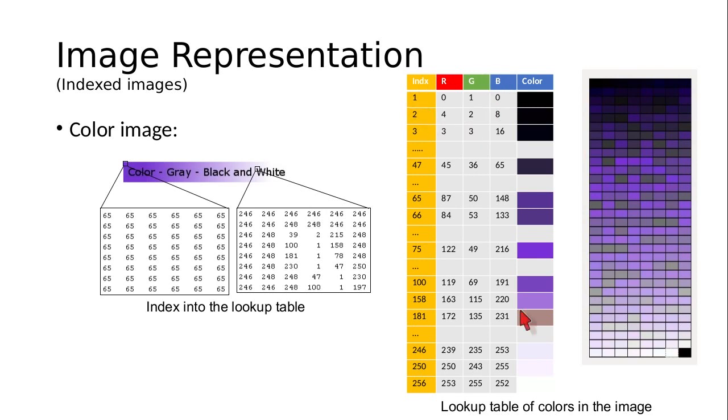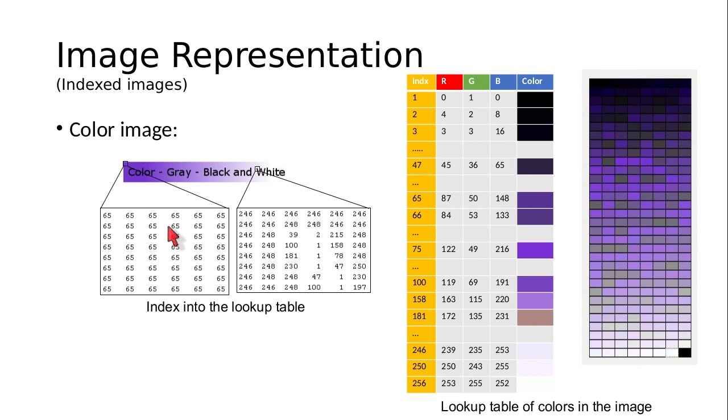So this is like a dictionary lookup, where entry number 2 in the dictionary corresponds to the color 4, 2 and 8. When you are referring to entry number 2, for example, here there is an entry number 2 which is the upper part of the W here, that would correspond to the RGB value 4, 2 and 8. So these are indexed images.